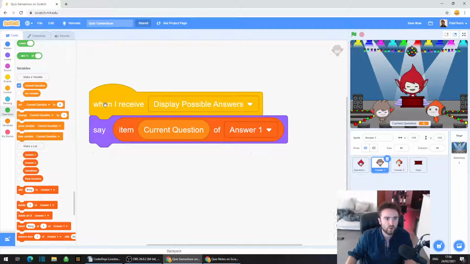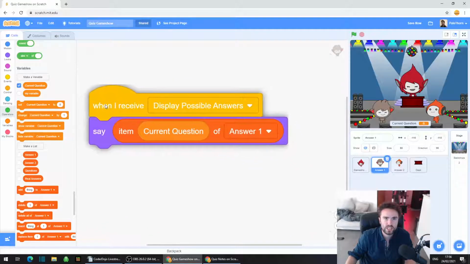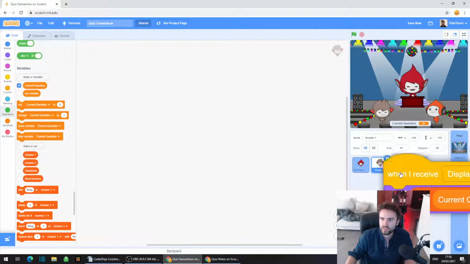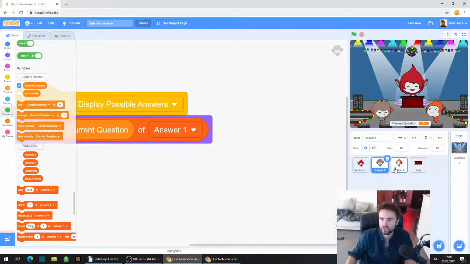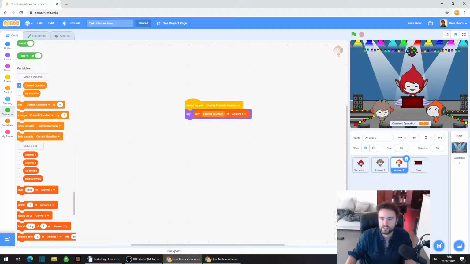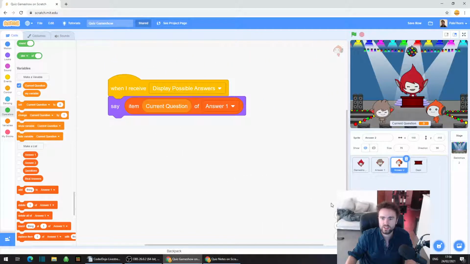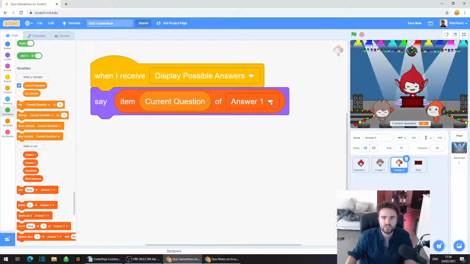Then we're going to get this whole bit of code, click that and drag it over and drop it on your other sprite, your answer 2 sprite. That will drop the code in there, and then all you need to do is click on this white triangle and change it to say item current question of answer 2. So now if you hit the green flag,